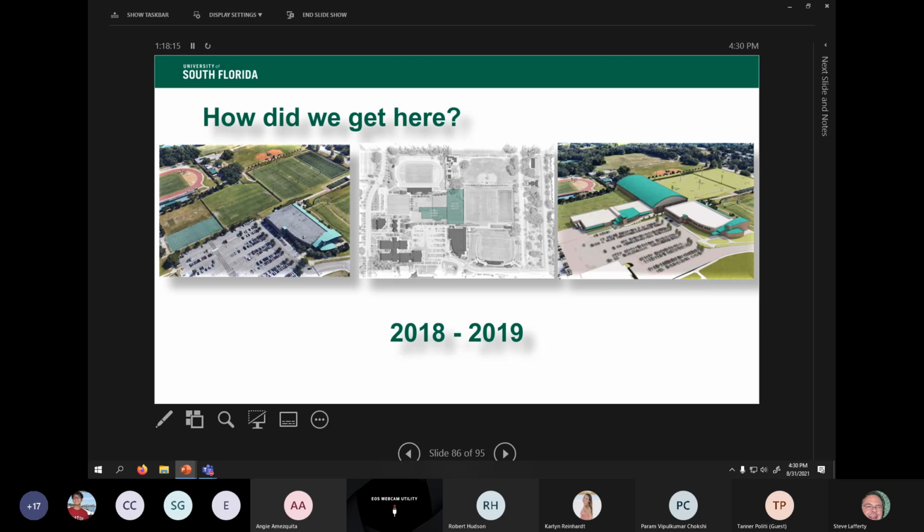On the left you can see the Leroy Salmon Center as it is today, with the football fields. Down to the left is the soccer practice field, and even further is the rec basketball, parking lot 6. When this started in 2018, taking the concept that on the campus we always want to compact our designs, the design was to place it next to the Leroy Salmon Center, and we came up with this design,